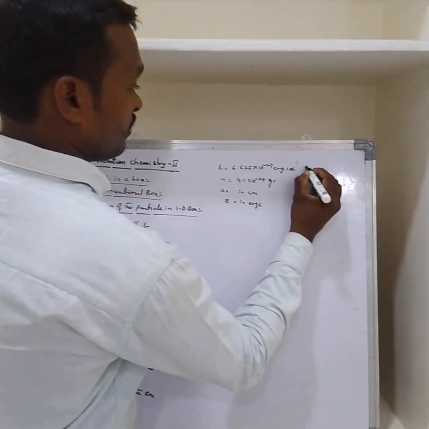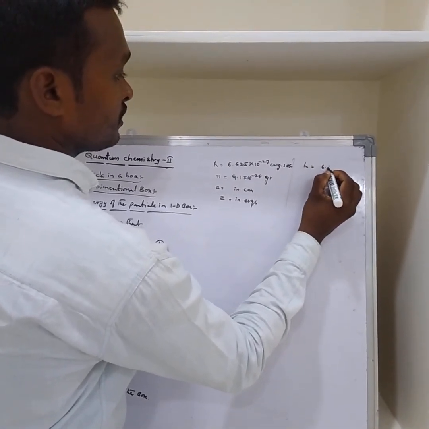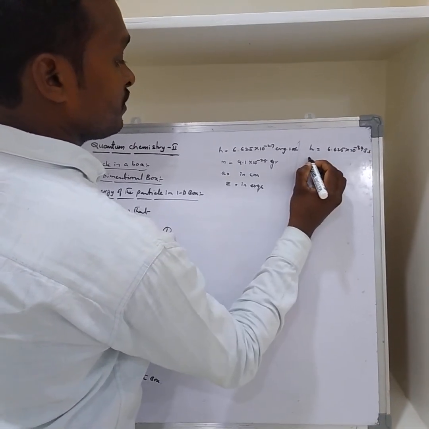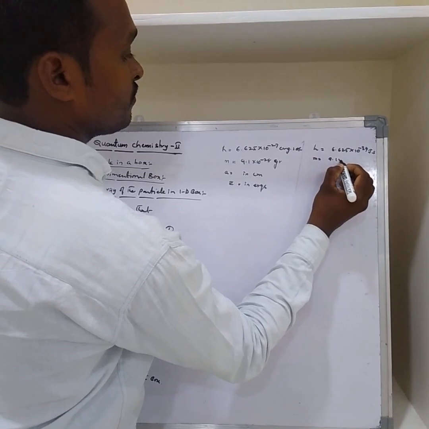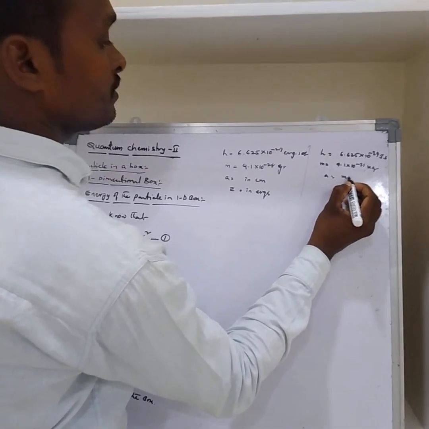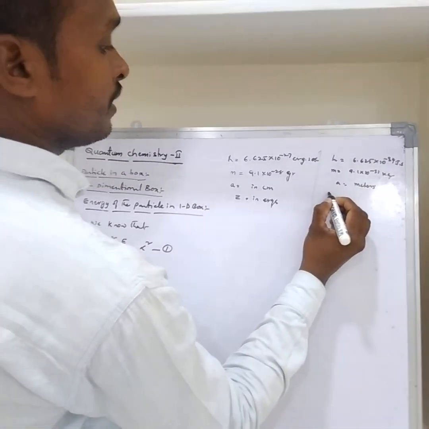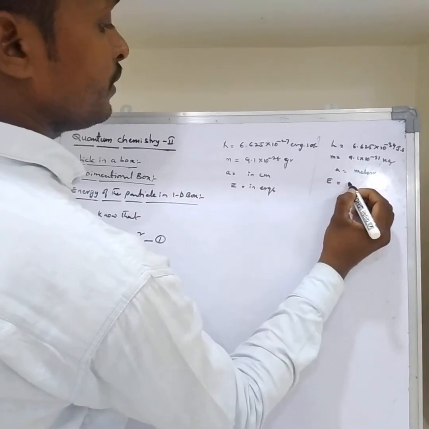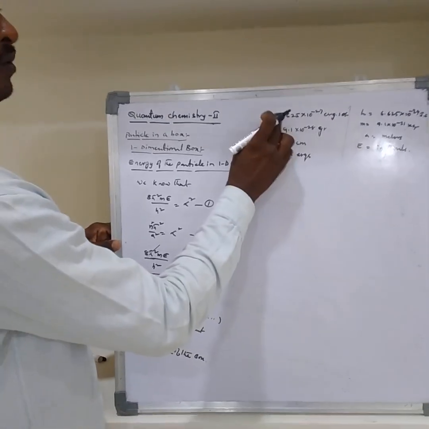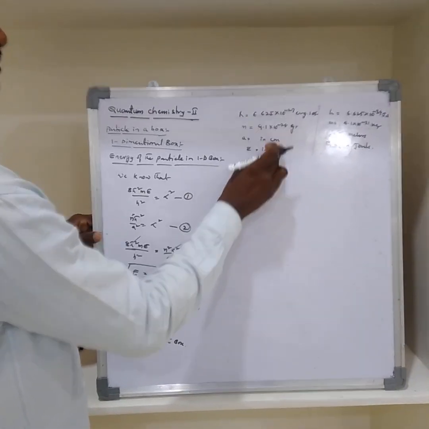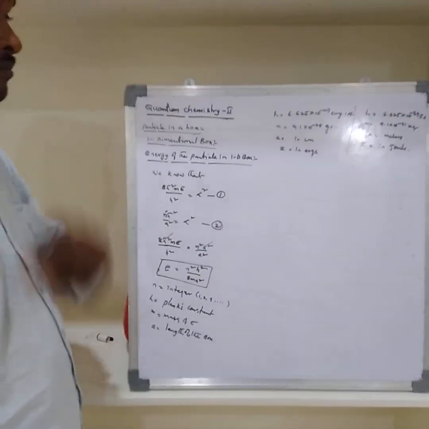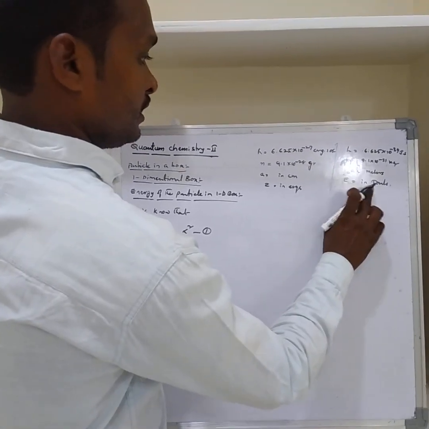Similarly, h value we take as 6.625 into 10 power minus 34 joule second, mass of the electron 9.1 into 10 power minus 31 kg, and a in meters, and we can get the output energy value in joules. Always substitute uniform units. So with h in erg second, mass in grams, and length in centimeters, we get the energy in ergs, and with h in joule second, mass in kg, and length in meters, we get the energy in joules.